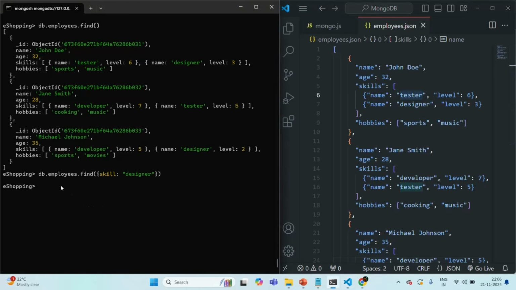So what we can do is say skill.name, and actually it is skills. Let's try with skills first. Let me show you that in this case also it is not going to work. As you can see, it has not returned anything. Now if I say skills.name, it is going to filter all the documents where in the skills array, the name property of the skill object is assigned this value designer. If I go ahead and press enter,